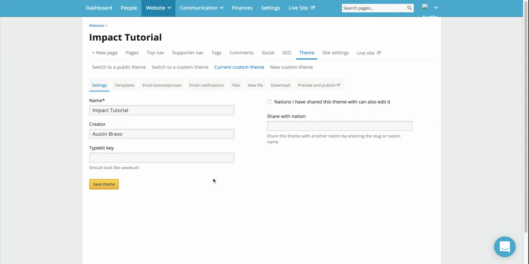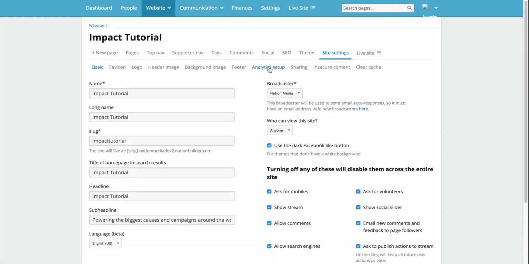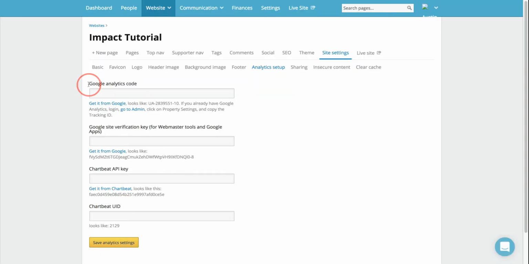Let's move on to including analytics and other advertising codes in your site. An important thing to note is that in NationBuilder's site settings analytics, you can include Google Analytics, your Google Site Verification key, your Chartbeat API key, and your Chartbeat UID. But if you have other analytics shortcodes or advertising shortcodes that you need to put into your site, I think they're usually called pixels, like a Facebook pixel, you can do so in the theme